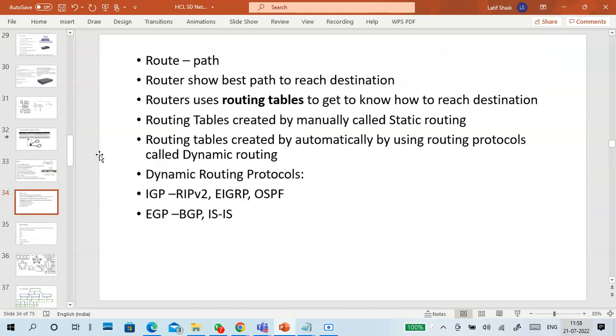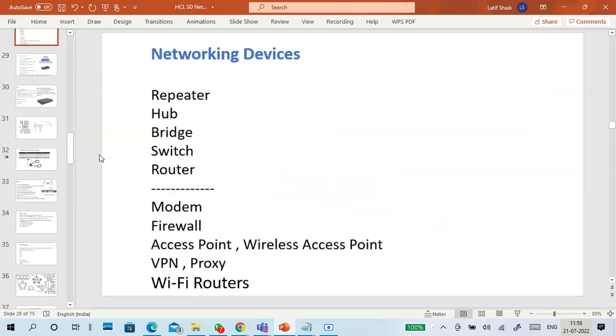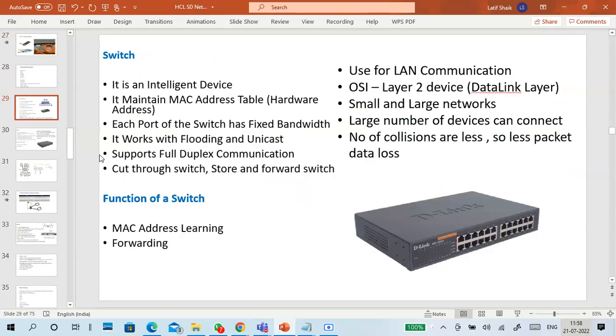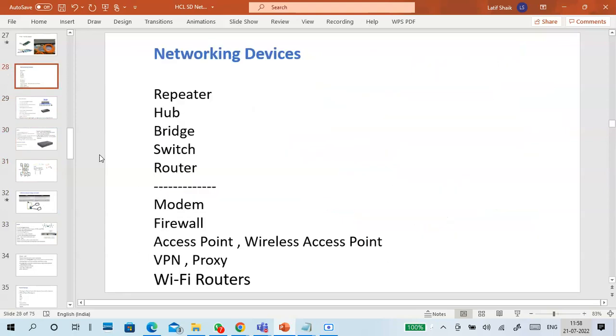What is a router, what is routing, I already explained routing in the layer session. We'll see that one. So this will complete the basic part of networking, and a few definitions are important in networking again. What is a VPN, what is a proxy? I will try to explain when we are doing the networking devices. Okay, so now take